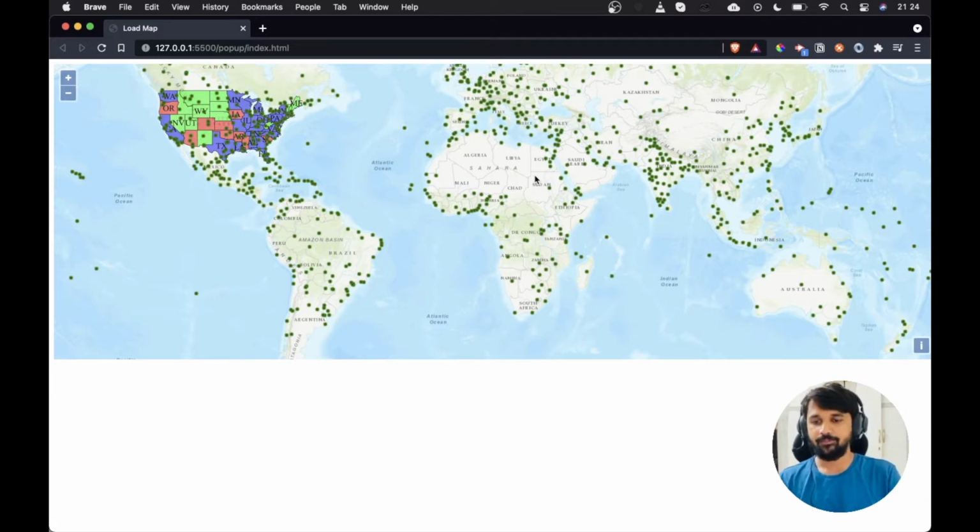In the pop-up, we will show all the properties available along with that feature. Let's get started. Now in OpenLayers, separate functions are created to work with vector as well as raster data to get the information on click. This function can be broken down into smaller functions. So first of all, we will have to figure out a way to capture the click event on the map and then get the coordinate at that specific location, so that based on those coordinates we can then figure out which feature we are clicking on.